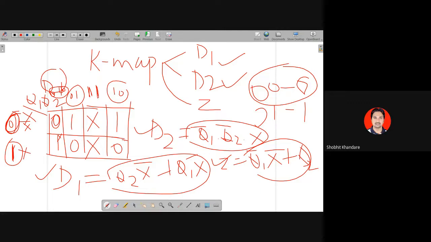Once you have this design, as I told you briefly, you have two D flip-flops. Make the D1 input according to its equation, the D2 input according to its equation, and the Z output according to its equation. You have Q1 and Q1 bar as outputs, and Q2 and Q2 bar as outputs. Depending upon the equations, you will be using AND gates and OR gates, and you will make the connections. You will have two inputs, one as X and the other as X bar.